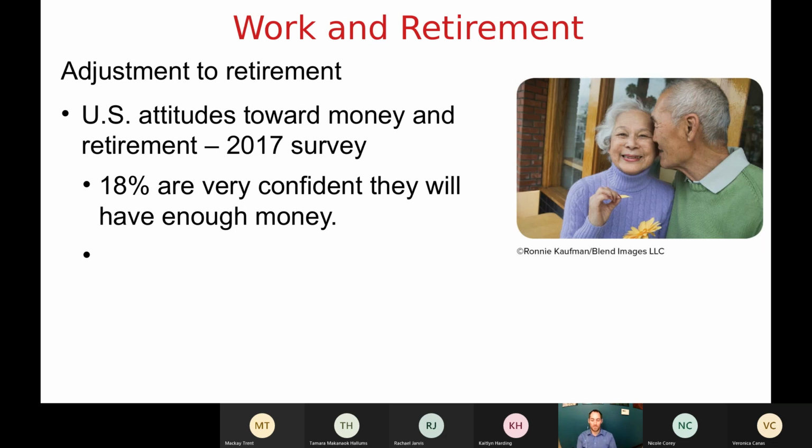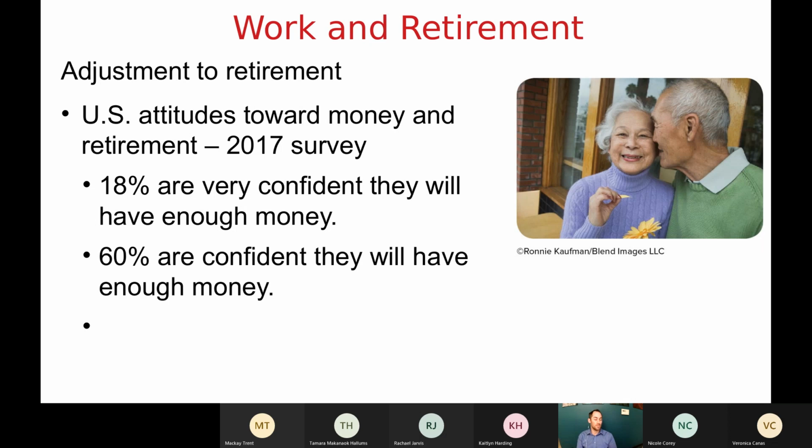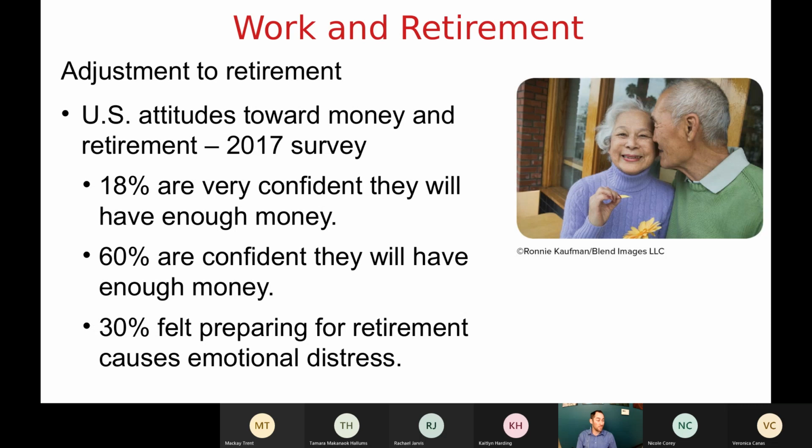So about 18% of people that they surveyed were very confident that they would have enough money through retirement. About 60% were confident that they would have enough money through retirement. So with this, you can imagine this is probably one question on a survey asking, how confident are you that you'll have enough money through retirement? Not very confident, or I don't know what the lower range is, to like neutral, to confident, to very confident. So very confident was probably the top, and then not at all confident was probably the bottom. So with that, about 78% are confident or very confident that they'll have enough money,